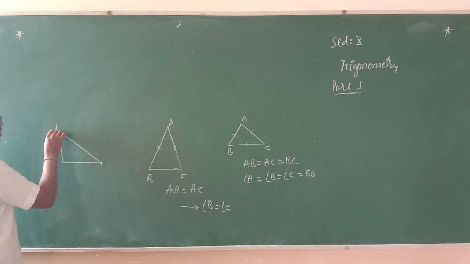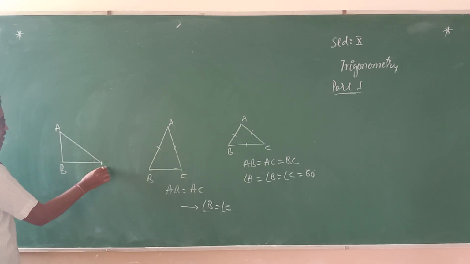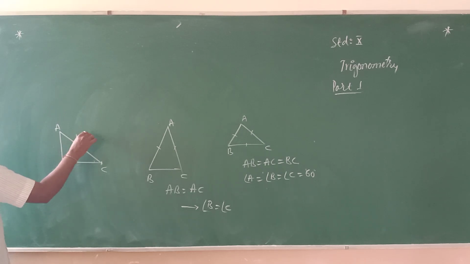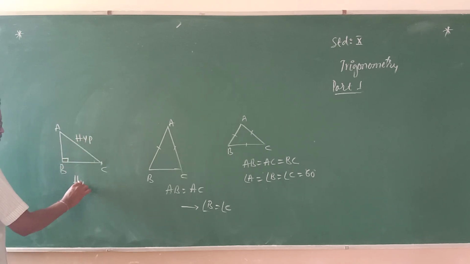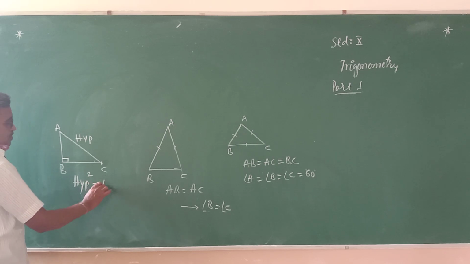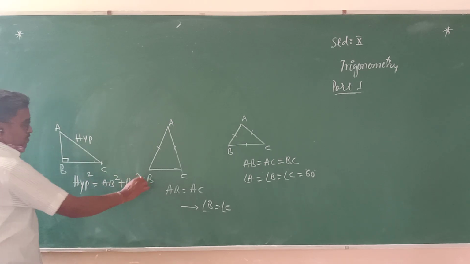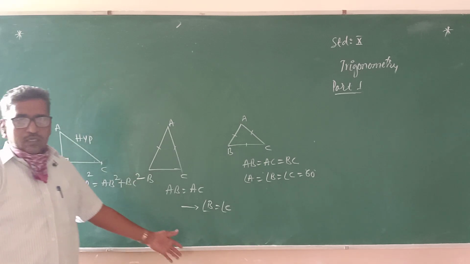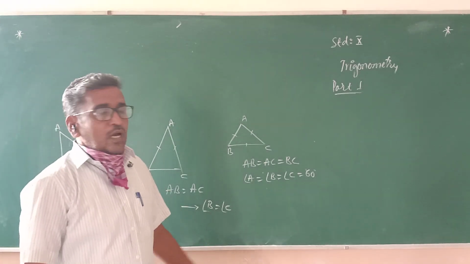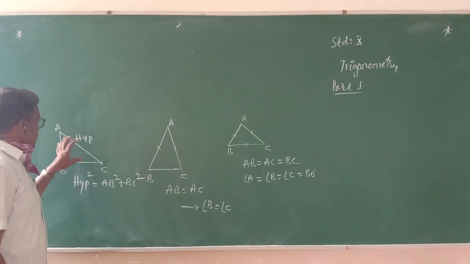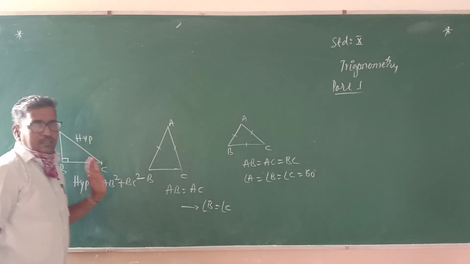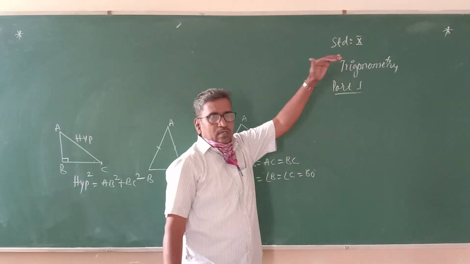So what about right angle triangle? Given the relation between the sides by the Pythagoras, that is, hypotenuse square is equal to the sum of the squares of the remaining two sides. These are some properties of triangles, particularly when you are considering the right angle triangle, which the trigonometry chapter concerns.